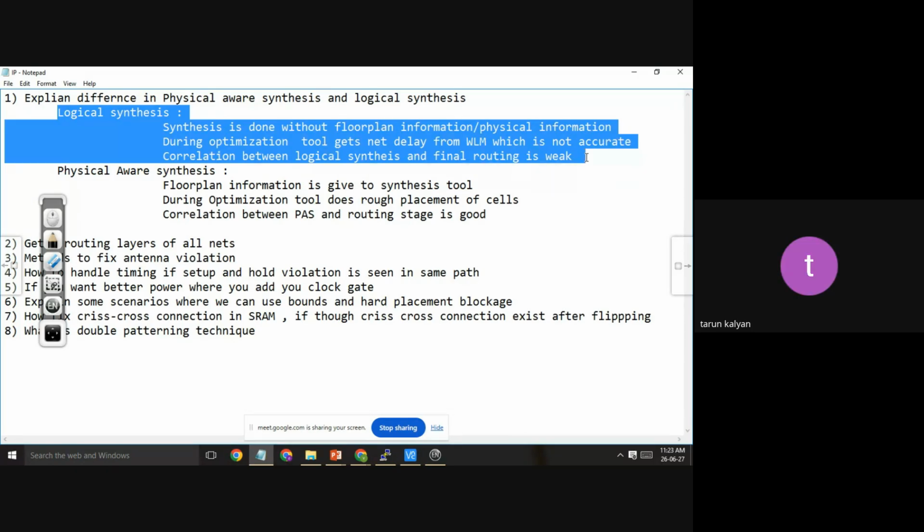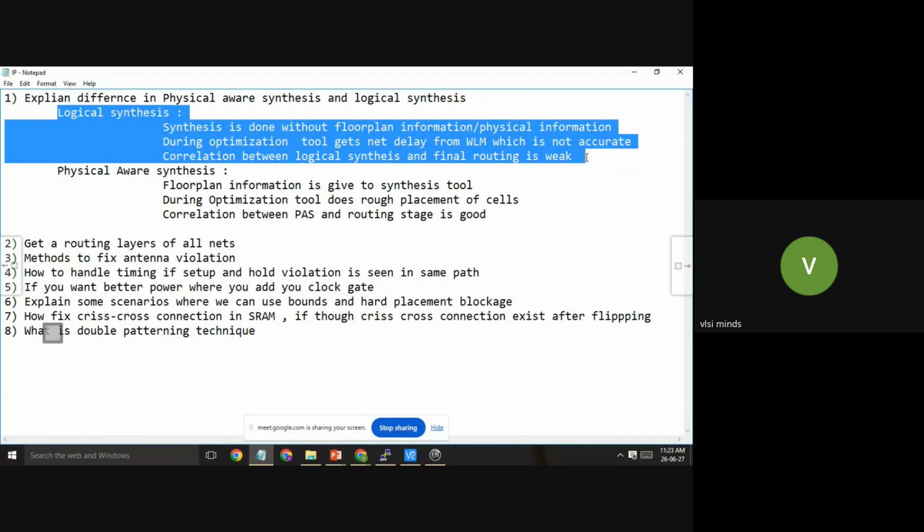Sir, we can answer it like this: every project has stages, no, sir. Like RTL doesn't come all at once. It will be happening concurrently, you know. So for the first installment, we do logical synthesis. Afterwards, because the RTL installment will not change that much, we can start with physical aware synthesis. Yeah, good. Even that is also a right answer. Yeah, correct.